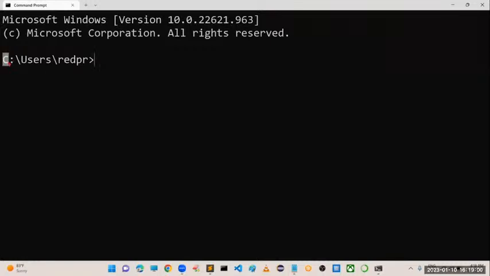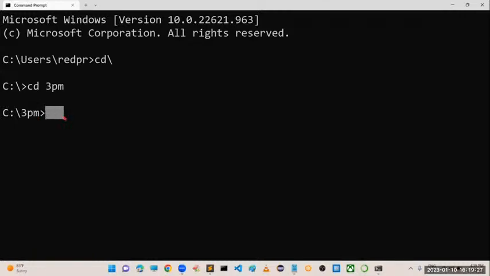So it is in C drive. We have saved our file in C drive only, but not in this folder. You have to change the folder. To change this folder, first you have to come out from all the folders. If you provide cd backslash, it will come out from all the folders. So now you can see we are in C drive. Just give cd space 3pm. So we have entered into this particular folder.